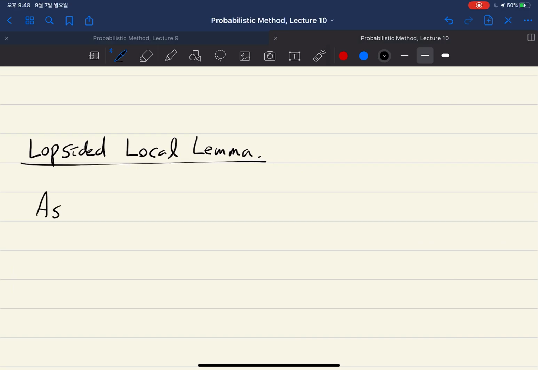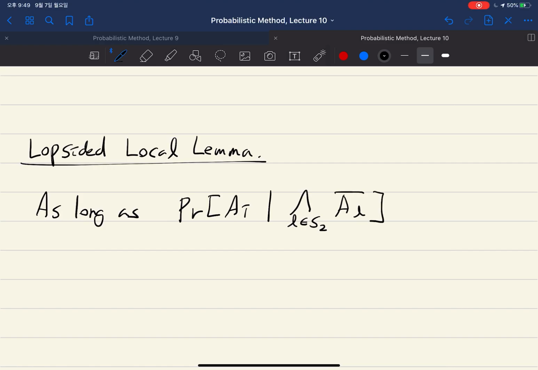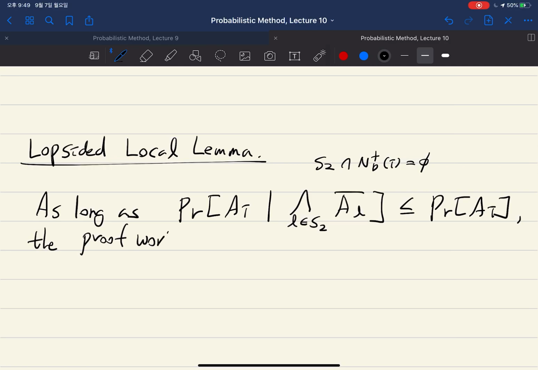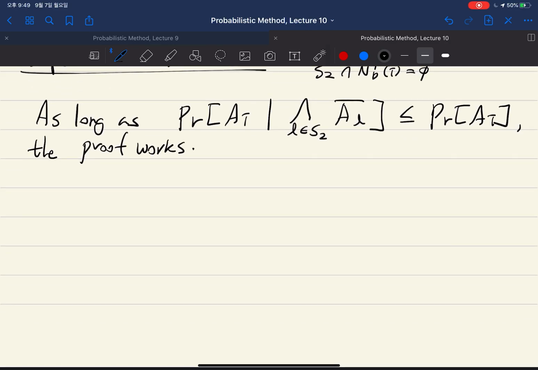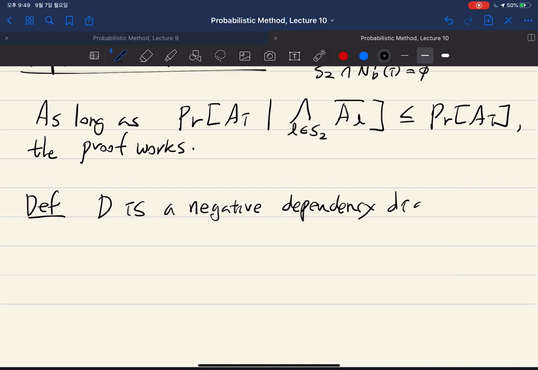So as long as the probability of A_i, when we consider the events which are outside of the out neighborhood, satisfies this relation, the proof works. So we define that D is a negative dependency graph, a negative dependency diagram for the events A_1 to A_n,